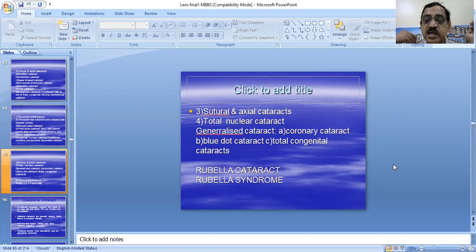So generalized cataracts: you have coronary cataract. Here we have club-shaped opacities in the axial region, hundreds of club-shaped opacities will be there. And blue dot cataract is there. And another, total congenital cataract, is present, where there will be whitish opacity in the lens, almost all of it: the membrane of nucleus, fetal nucleus, infantile nucleus, and to a certain amount the cortical matter, all these things will be